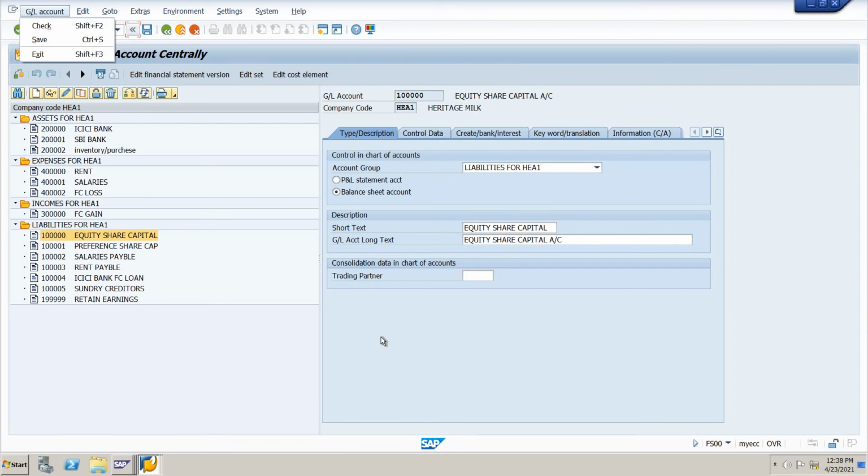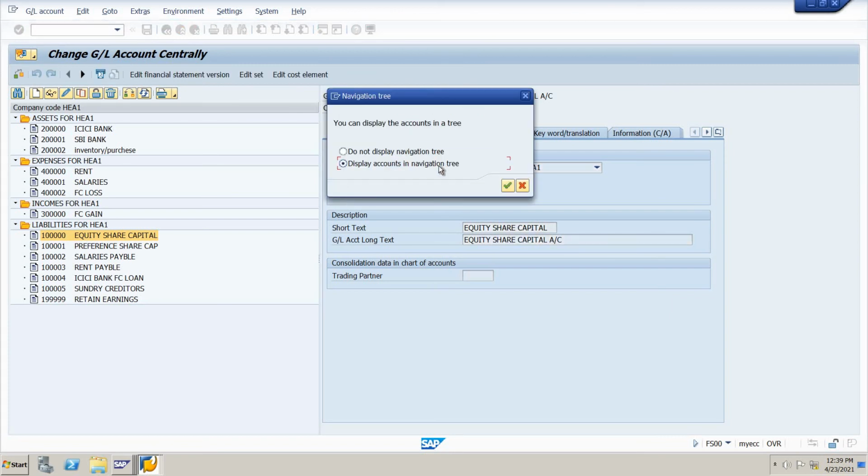Then how to create the GL accounts. Let me create one. I'm talking about the option to display the navigation tree. With the navigation tree, under general ledger accounts we can create the general account.